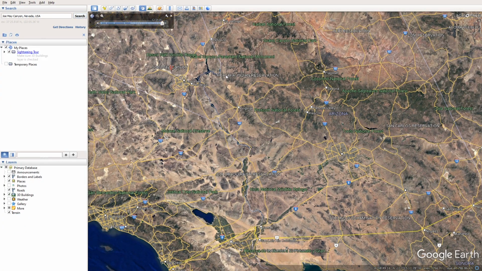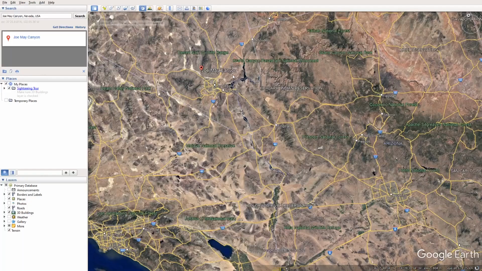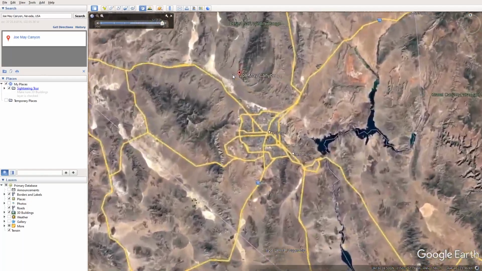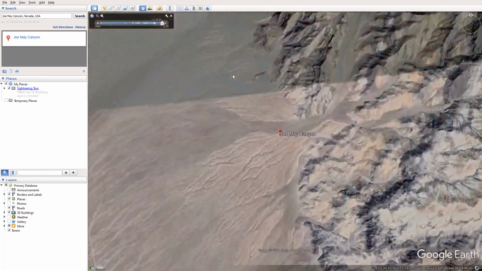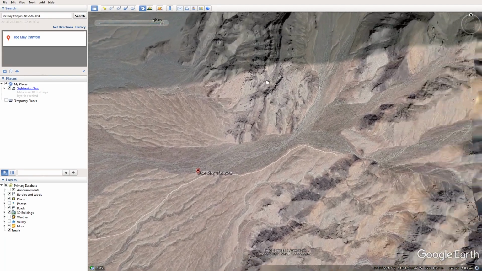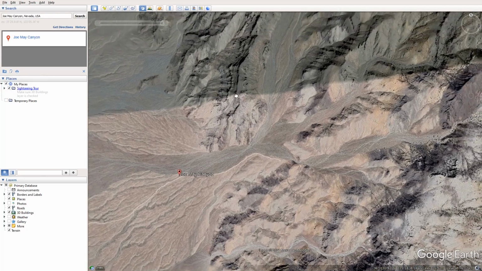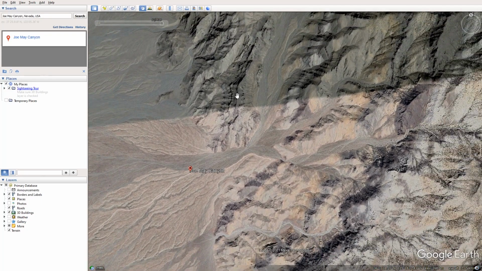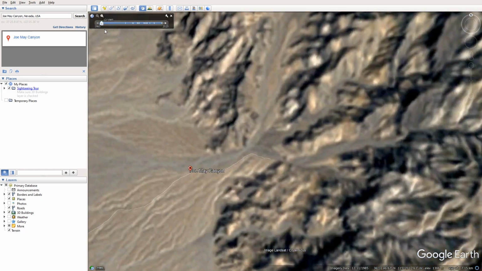So let's just go on the search bar, search it. I'm going to zoom in now. And as you can see, in the corner of the screen up here, you've got a timeline and there are a few different options to go back in time. What we'll do is go to the oldest one possible and then work our way forwards. So the very first one is